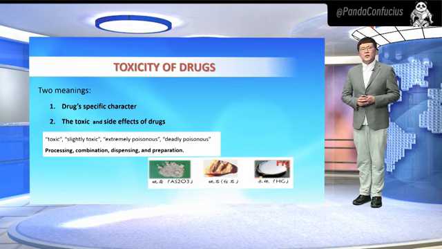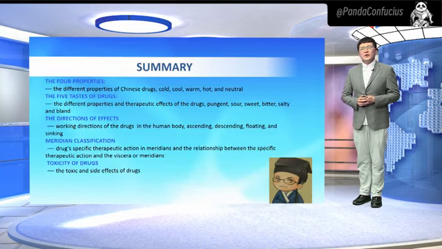dispensing, and preparation. Today, we have learned the basic action of medicinal substances. There are 4 properties, 5 flavors, directions of effects, meridian classification, and toxicity theory. 4 properties refers to the different properties of Chinese drugs: cold, cool, warm, hot, and neutral. 5 flavors refers to the different flavors and the therapeutic effects of the drugs, namely pungent, sour, sweet, bitter, salty,